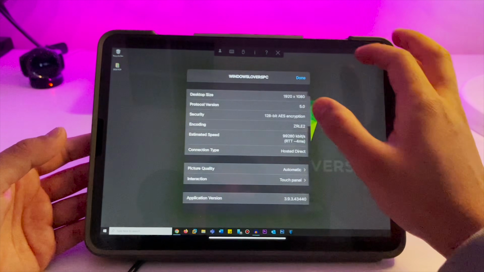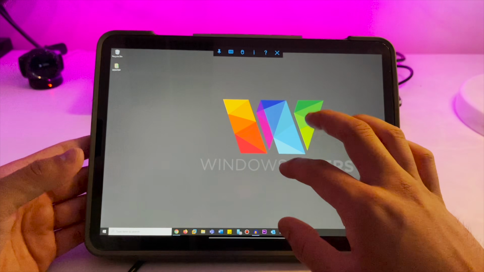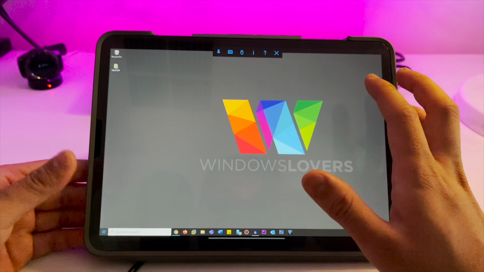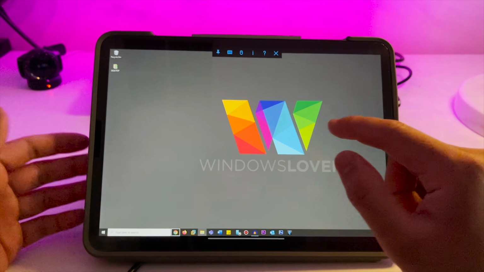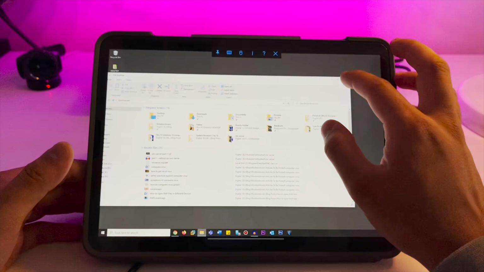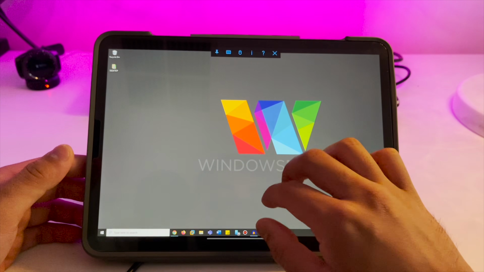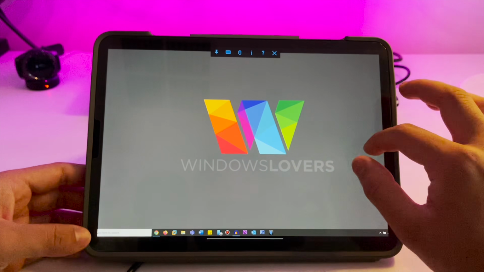So after you click on that, if you select touch panel, what happens is your screen is a touch screen, or your whole screen responds to any touches you do. So now you can tap on start, you can tap on this, you can tap to open things, you can tap to move things around. The only problem with this that I find is you cannot scroll with your two fingers.